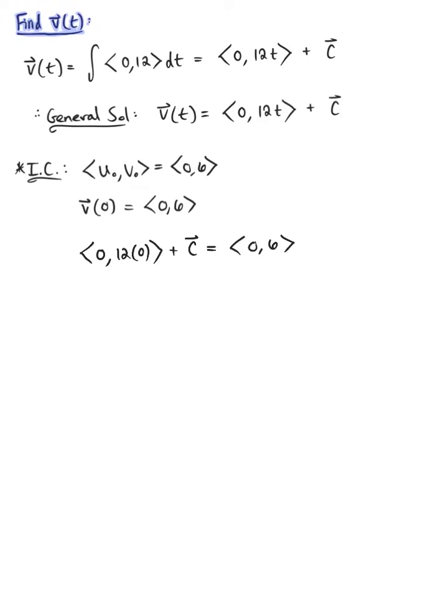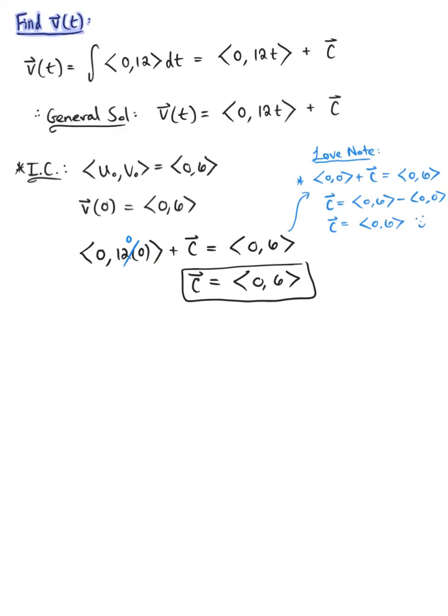Now, of course, we know that 12 times 0 leaves us with 0. So solving, we can see here that this arbitrary constant vector c is 0, 6. Beautiful. So we can take this constant vector and plug it back into our general solution and make the final conclusion, the particular solution for our velocity vector